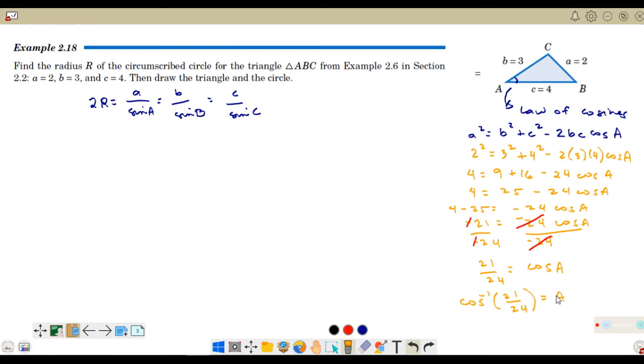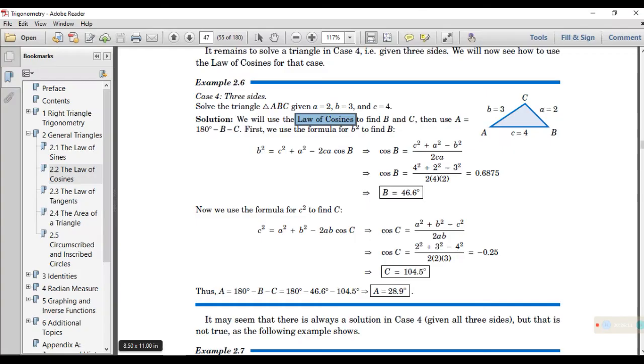Okay. Magko-compute na ako. Arc cosine 21 over 24. My computed value is 28.9550. Did we come up with the same value? Ito rin ba yung na-compute nyo? Hopefully, yes. Pagka hindi, baka naman ako yung mali. Ayan. So, dito, ang ginamit kasi niya ay si B. Pero nandito rin naman yung measurement niya ng A, which is